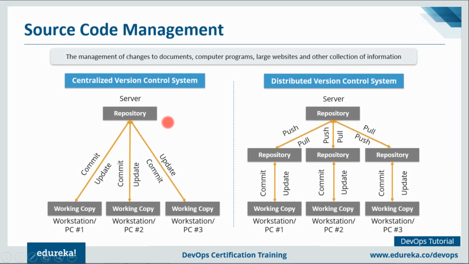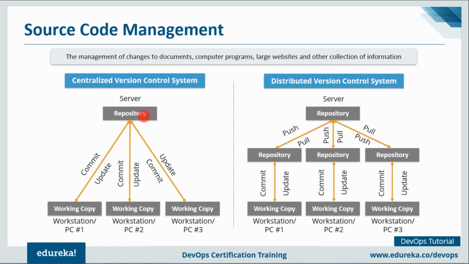A centralized version control system uses a central server to store all the files and enables team collaboration. It works in a single repository to which users can directly access a central server. So this is what happens here, guys. Every developer has a working copy, the working directory. The moment they want to make any change in the source code, they can make a commit in the shared repository, right? And they can even update their working copy by pulling the code that is there in the repository as well.